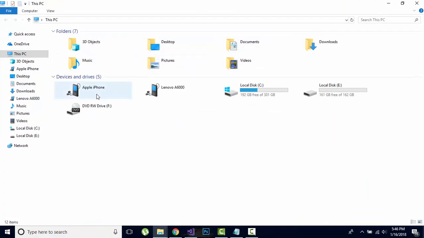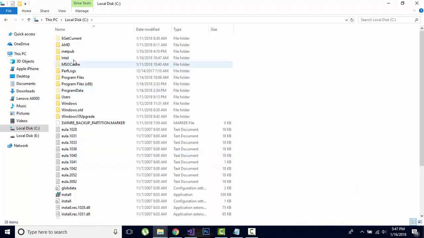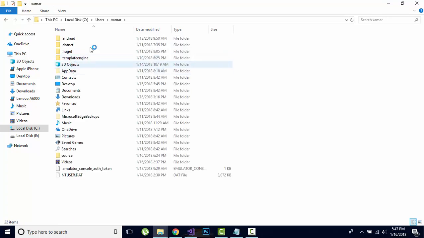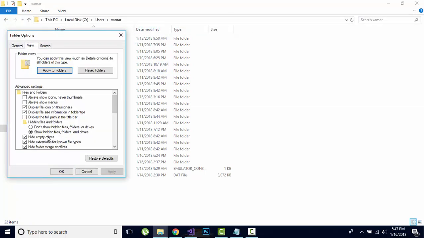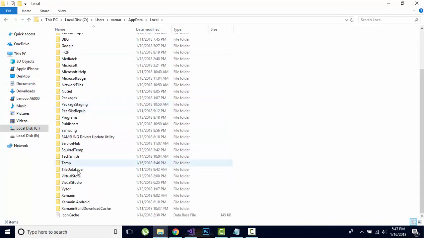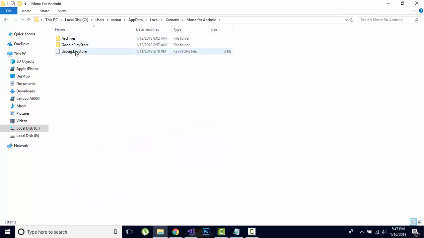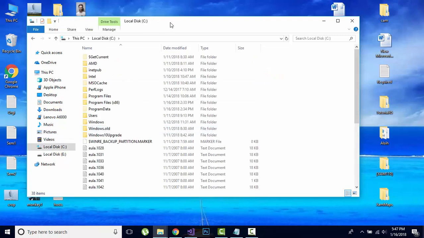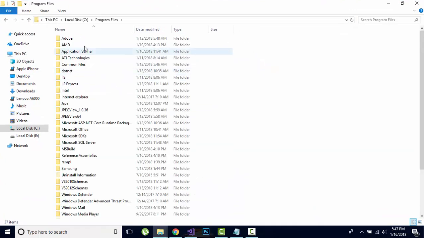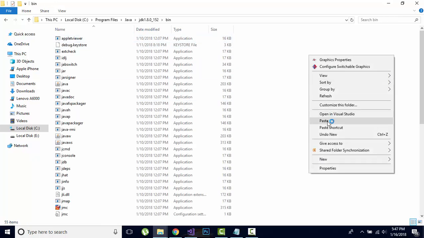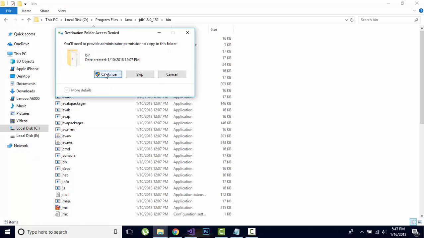So let us go to our C drive and then go to users and then select Xamarin, as my name is Xamarin, and then show hidden files to enable that app data, and then go to Xamarin and then debug.keystore, copy it and then go to C drive and then search for Java program files, and then inside your bin folder you have to paste over it. Now replace it by pressing continue,